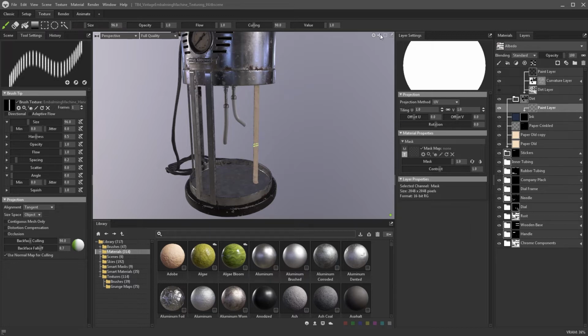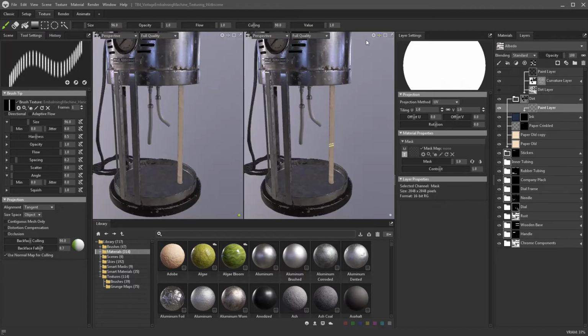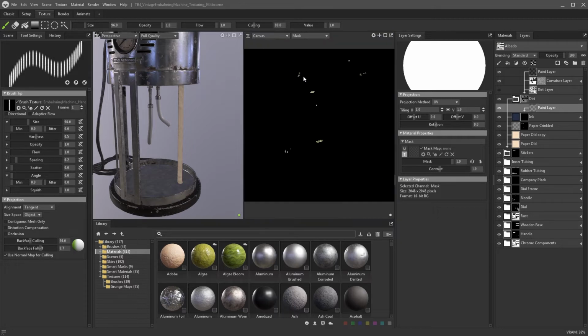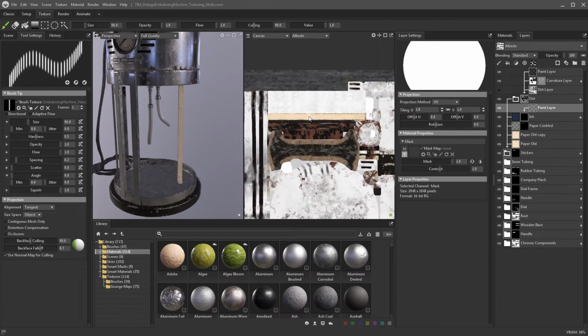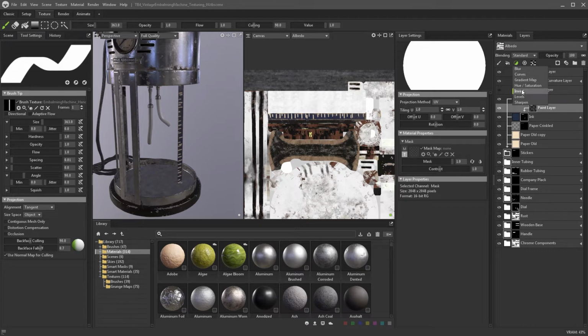As before, I could stamp the alpha into the viewport, but with this being such a thin piece of mesh, I'm actually going to split my viewport and have the second one display my canvas. Here I can find the UV island of the sticker and use this to better eyeball what size to have my brush. Stamp it in, and then because I realised I have my alpha inverted, I'm going to stick on an invert